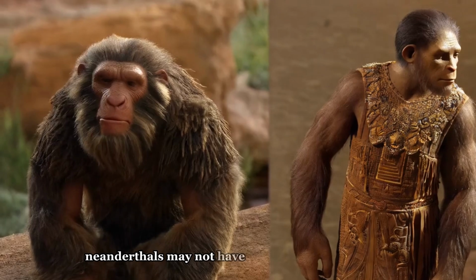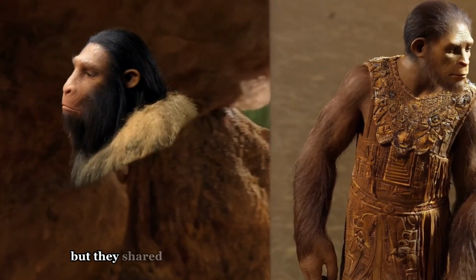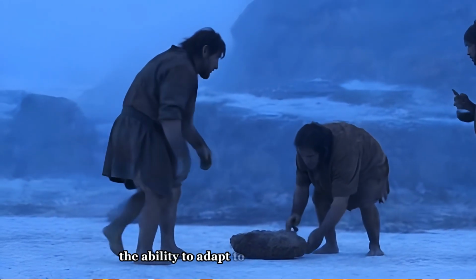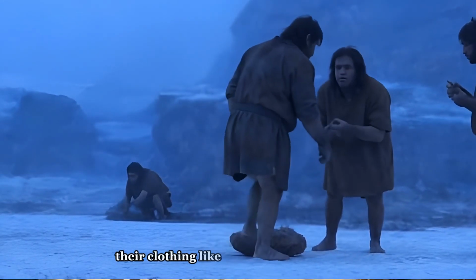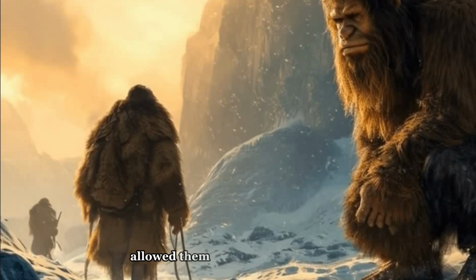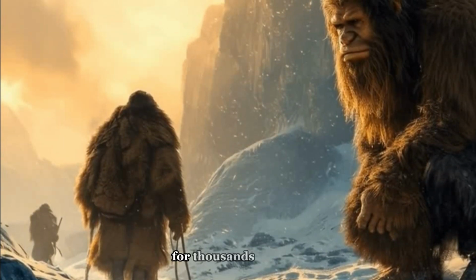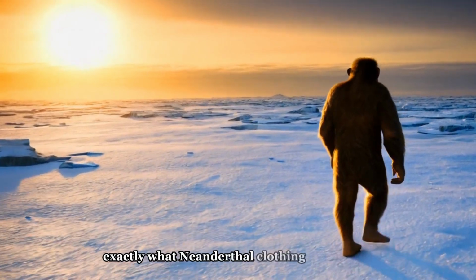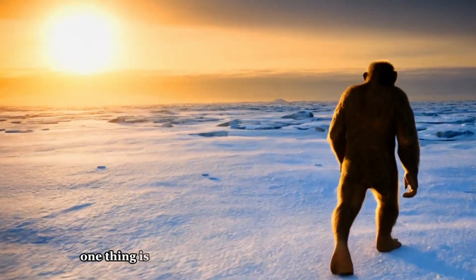Neanderthals may not have worn complex garments, but they shared a key survival trait with modern humans: the ability to adapt to their environment. Their clothing, like their tools and shelters, allowed them to thrive in the Ice Age for thousands of years. Though we may never know exactly what Neanderthal clothing looked like, one thing is clear: their ingenuity